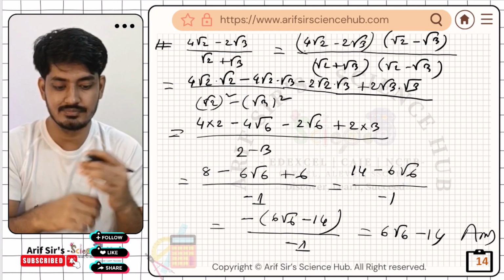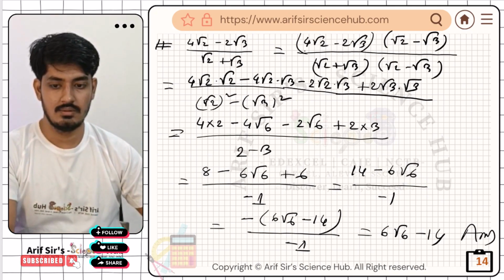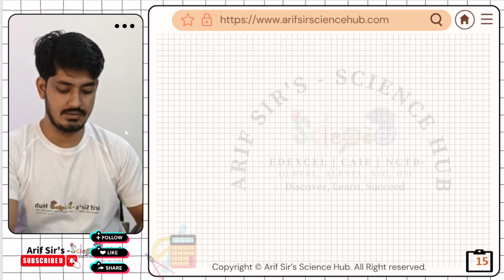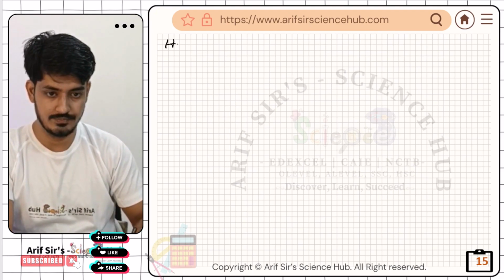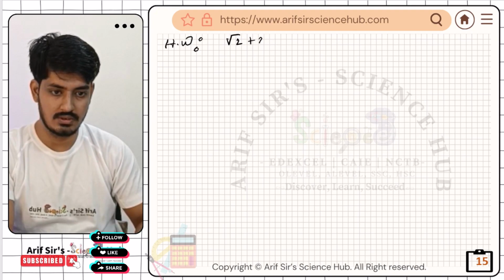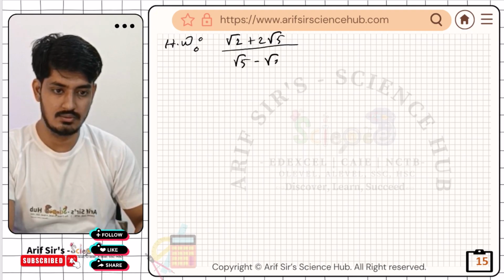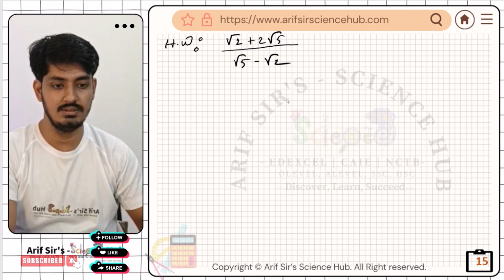Okay, and let's give you a homework. So you have to solve this problem. So root 2 plus 2 root 5, root 5 minus root 2. Okay, so you have to solve this and you have to submit it to